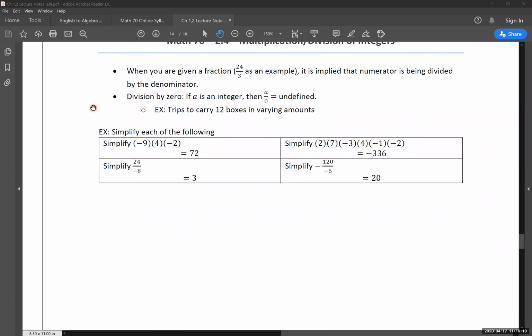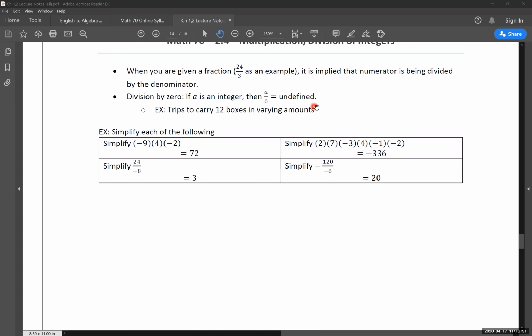So, the big one that I do want to mention and go through, this is a very big deal and it's not a particularly obvious scenario or result that we get, and it's division by 0. If A is an integer, it could be positive, it could be negative, it could be anything. Think of your favorite number. Then A divided by 0 is undefined. It's not infinity, it's not negative infinity, it's not 0, it is undefined. We fundamentally do not know the answer to this question. There are some theories about what the answer could be, but we do not definitively know what the answer is.